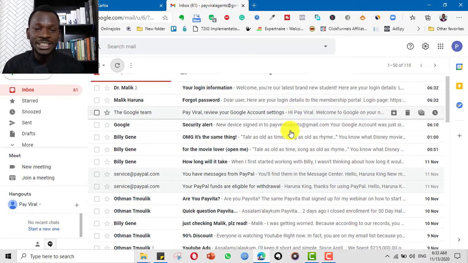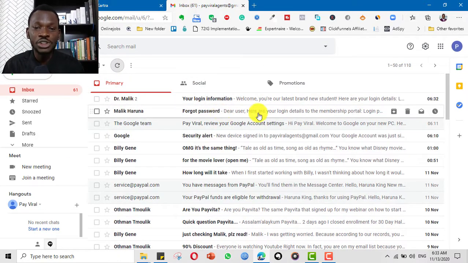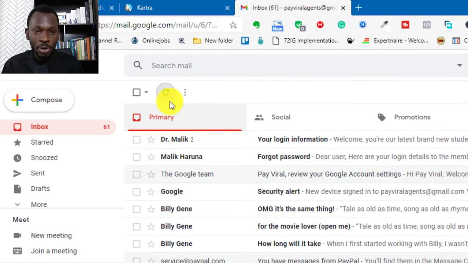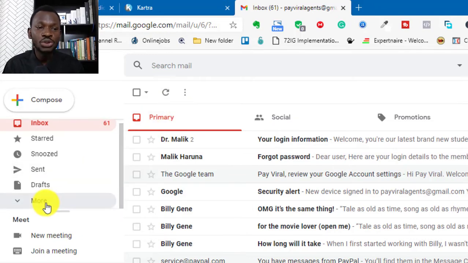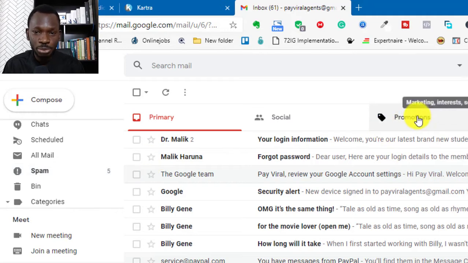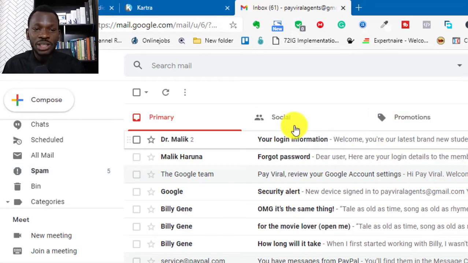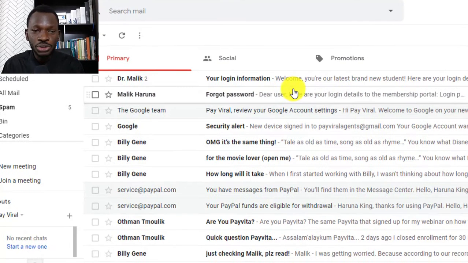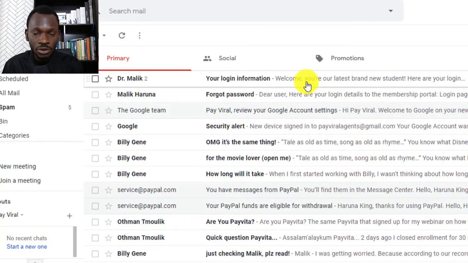So the first thing is that you will get an email showing you your login. It will usually land in the primary box here for your Gmail or any email you use. However, if you don't find it there, you should also check your spam folder or the promotion tab. But they usually fall in the primary tab here, and so you have your login information. So you just click to open it so that you have your login details so you can log in to the course area.